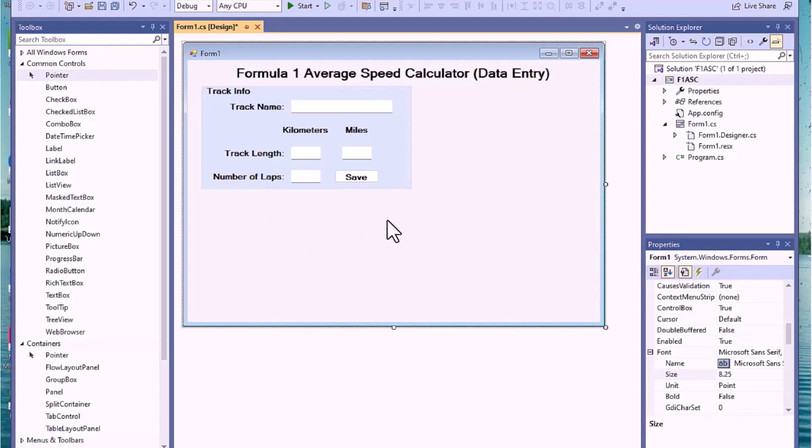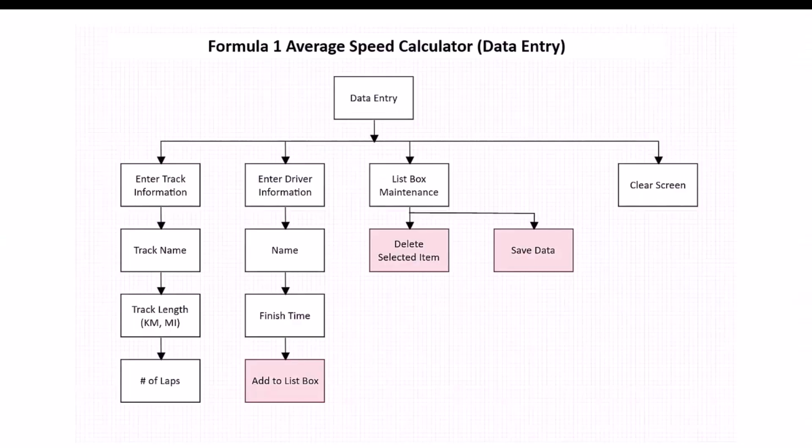We could certainly write the code for this thing. So this is going to be our track information. Now once we get this thing done, we're probably going to press the save button, which is going to turn on something else. Well, let's go to the screen. We're going to be wanting to do the driver information at that point in time. So this kind of stuff will be saved or be put someplace, and this is going to actually go into our driver information. We want to get this stuff in place now. So we're going to try to set up some format for this. To do that,